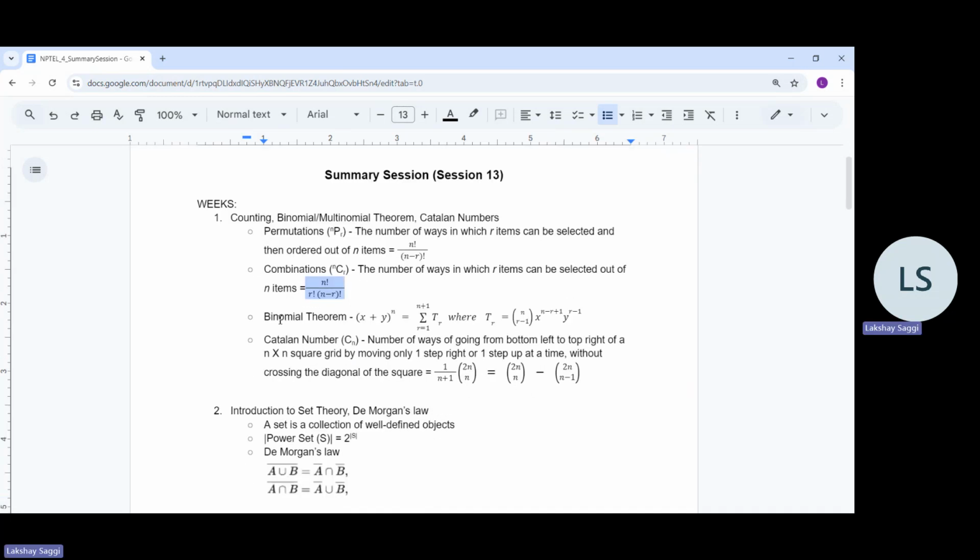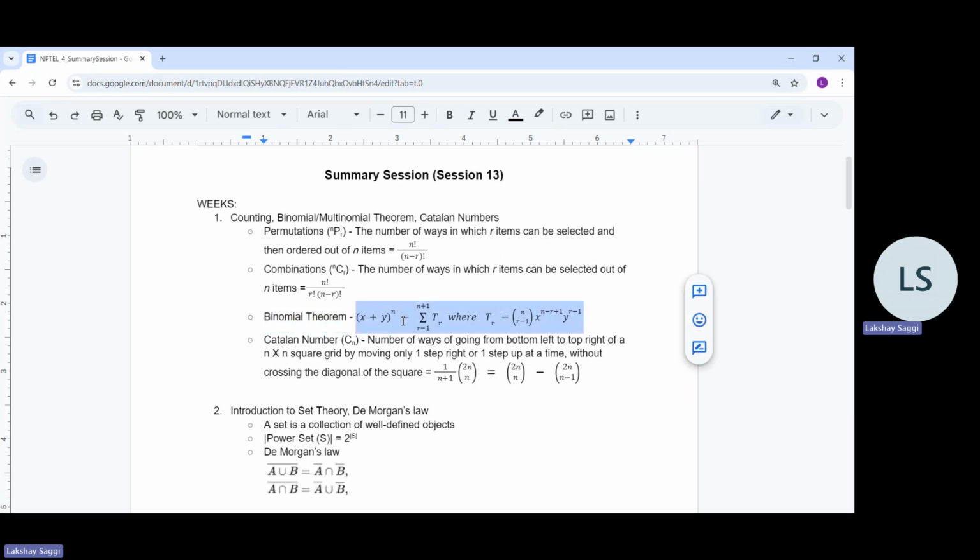And then we also covered the binomial theorem. Binomial theorem is also something we have already seen in high school. There was also the generalization, the multinomial theorem, which is more or less the binomial theorem just for a larger number of variables. So the binomial theorem says, and it's not too hard to derive it yourself, but just for the sake of completeness,